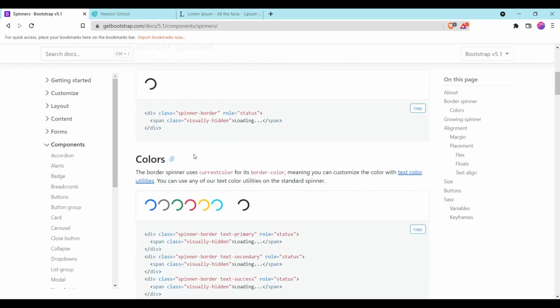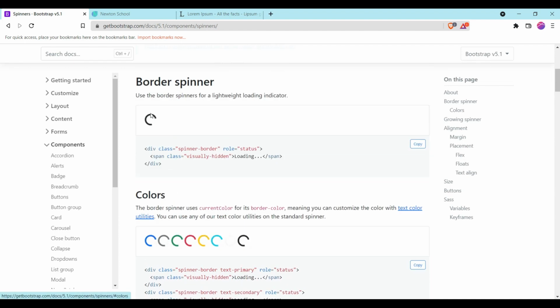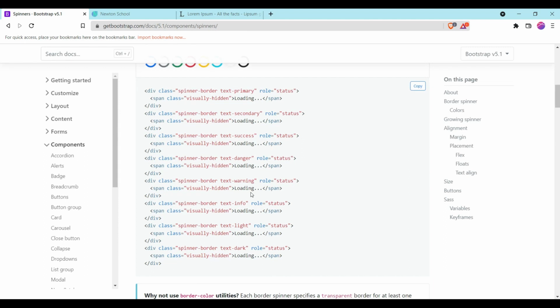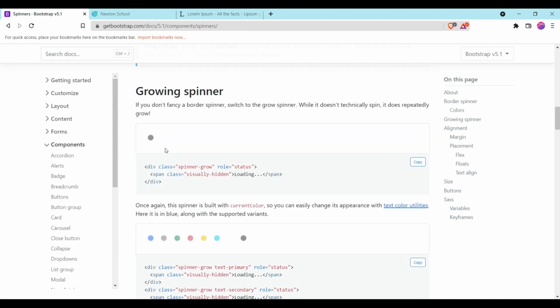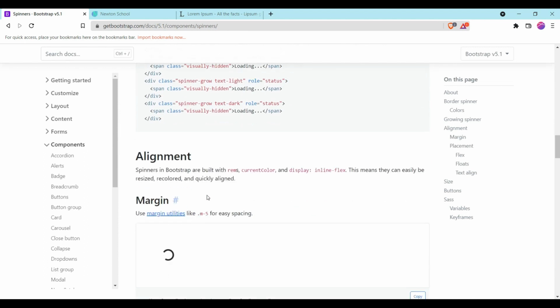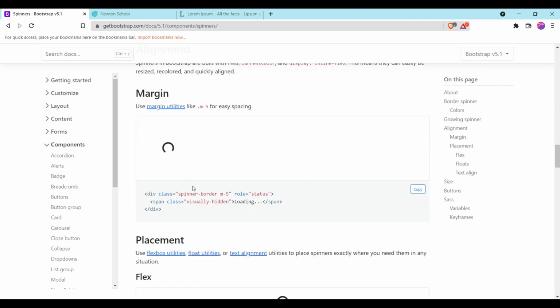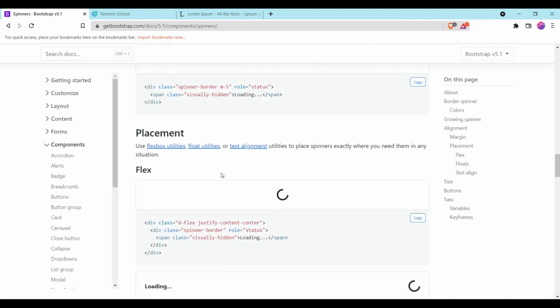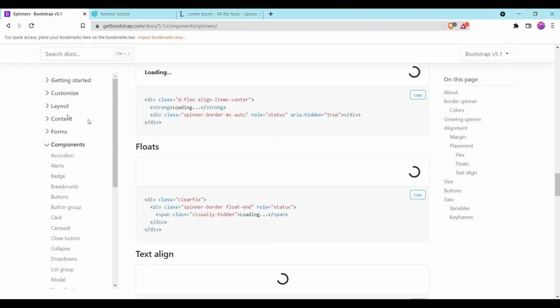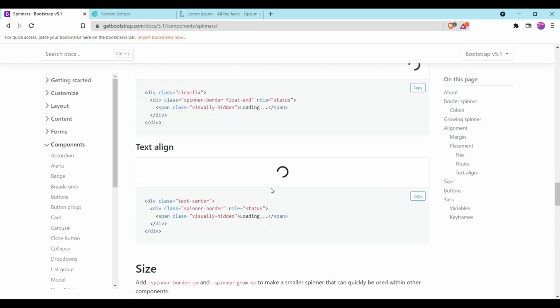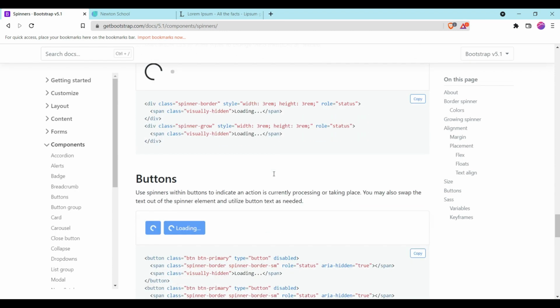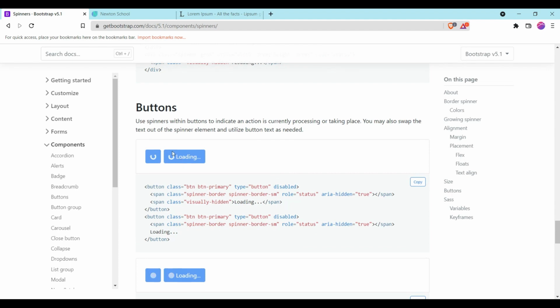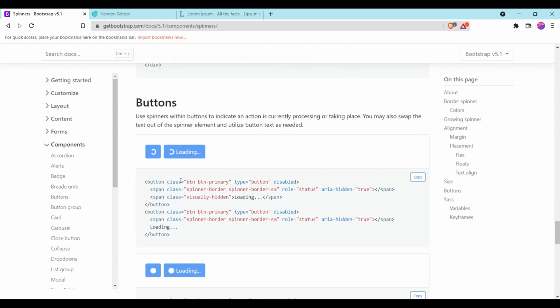Spinners are also over here. You can see the border spinner, the spinner with color as well, and the glowing spinner. You can also add margin to the spinner placement, like loading, and you can also get the loading in a button as well.